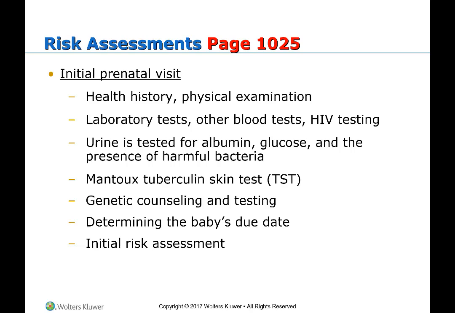So, health history. This would be on the initial prenatal visit. This is just like past illnesses or any inheritable diseases that the baby might get, such as Tay-Sachs or sickle cell anemia. Are there any serious infections that the mother has had? What about substance abuse, domestic abuse, things like that?